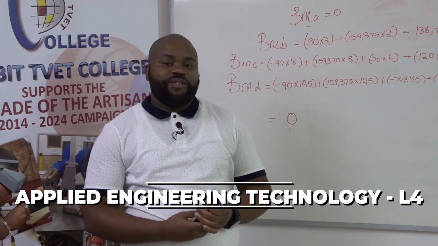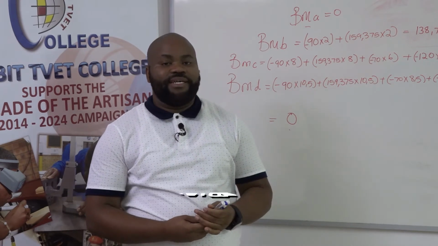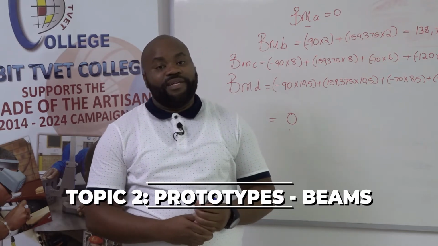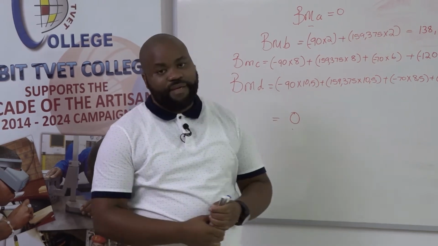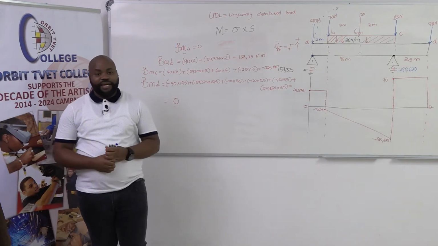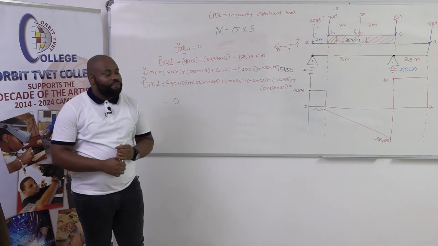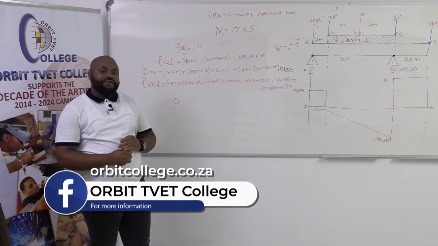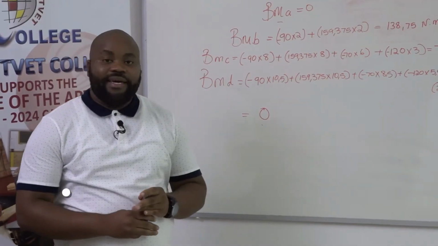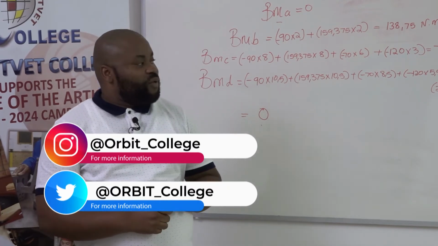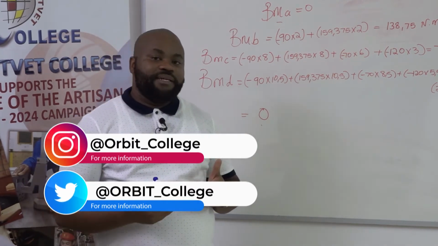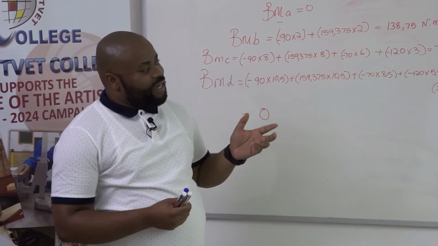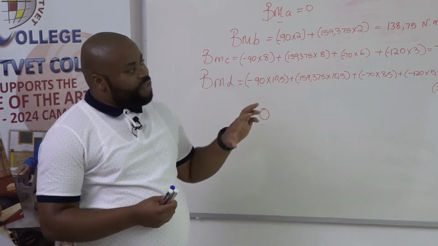On our last session, we were doing a beam. We were calculating the reactions. We also drew the shear force diagram, and then we also calculated the bending moments at each force on the beam, as you can see on the board. So today, we're going to proceed with the same beam so that we can indicate how our bending moment graph is going to look. And from that bending moment graph, we will then be able to see what the maximum bending moment and the minimum bending moment are. And then from there, we will make an additional question to our beam so that you